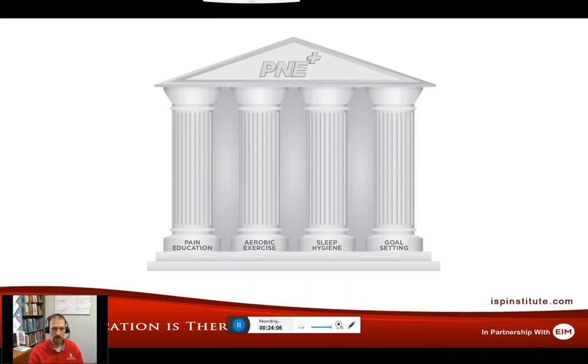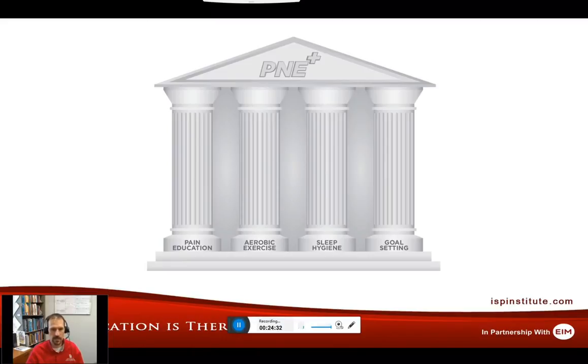Within these, we often refer to our 4 pillars, the 4 things that we feel oftentimes through the evidence, through the research has shown us that these 4 things need to be present with all of our programs. Is we need to have that pain science education. They need to understand why they hurt. Again, that is not necessarily always damage to the tissues, but oftentimes it has more to do with the sensitivity of the nervous system. The importance of aerobic exercises can't be denied.